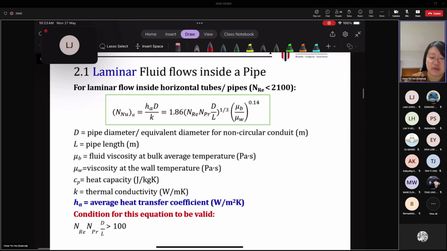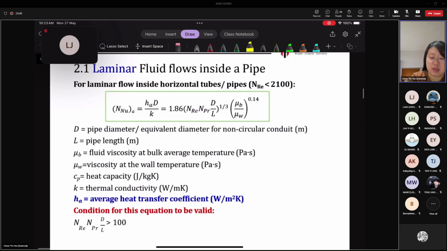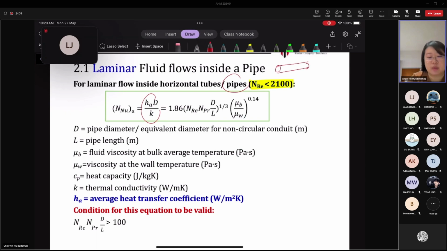All right, so now let's look at the first correlation. Let's say we have a laminar flow in a pipe. Laminar flow is given by a Reynolds number smaller than 2100. Then your Nusselt number, because it's flow inside a pipe, which means something cylindrical in shape, that's why we are using the diameter. The average convective heat transfer coefficient multiplied by the diameter divided by the thermal conductivity equals 1.86, multiplied by the product of Reynolds number, Prandtl number, then diameter over length,